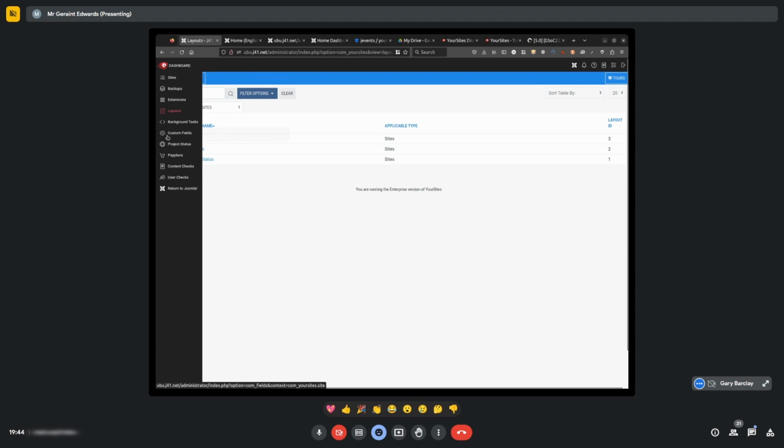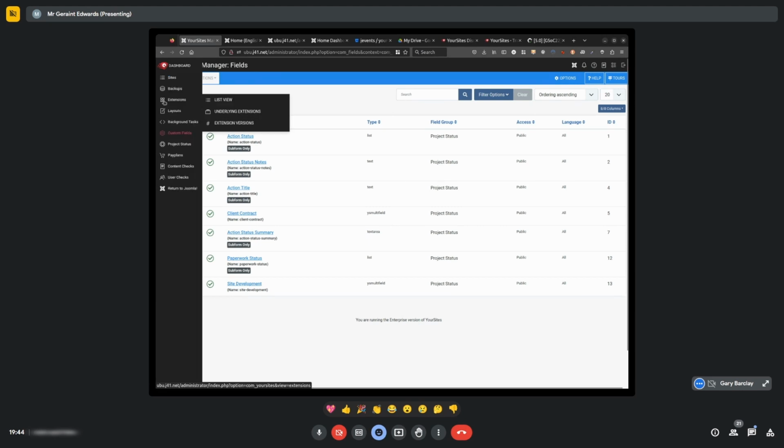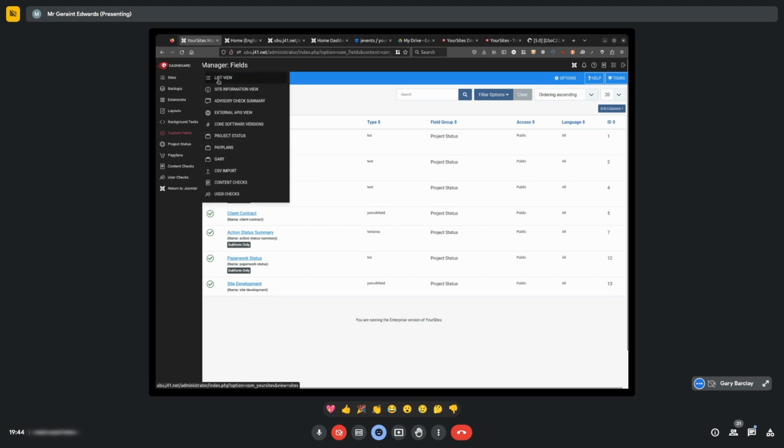You can add custom fields to your sites, so you can create sort of like a CRM type situation. So you can add, you know, actions, and if you use your subform type fields, you can basically create fairly complicated management tools. If I show you the project status view,